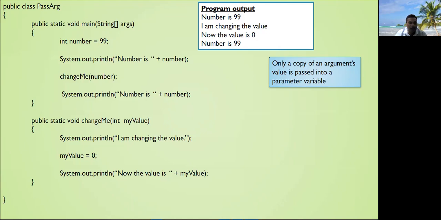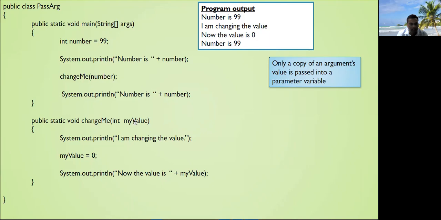Here we are showing an example of pass by value. In this example, void change me is a method which has a parameter of type integer, and we are passing a variable number as the argument to this method.